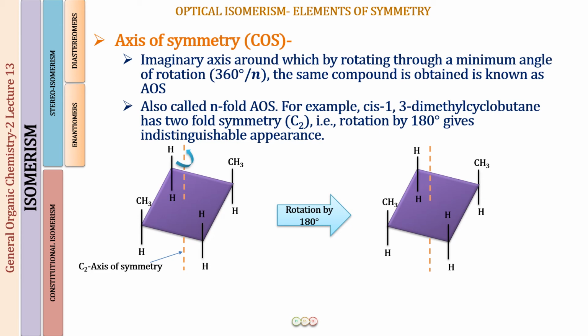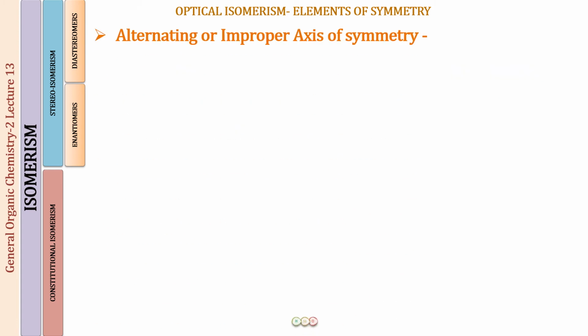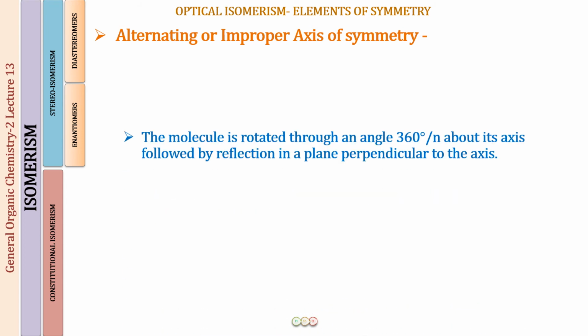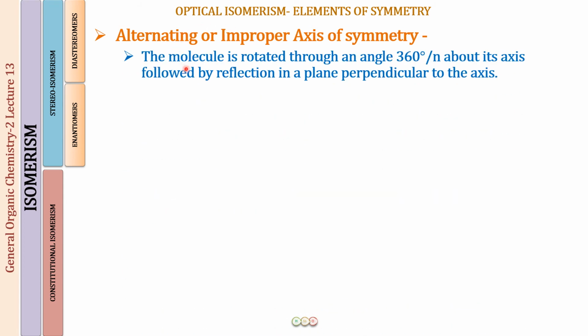Okay, so next we have the alternating or improper axis of symmetry, and as I've already told you, this is not going to come in your examination. This is only for your understanding. Fine. So this is where we are going to rotate the molecule through an angle of 360 degrees by n